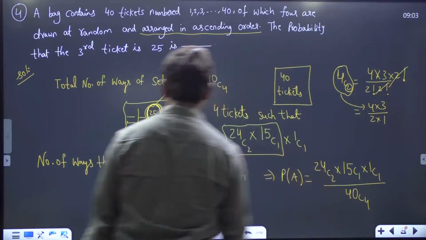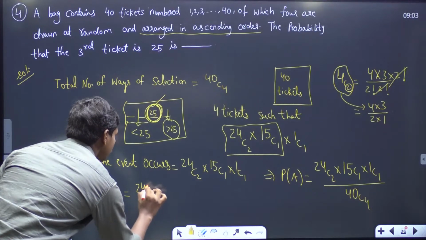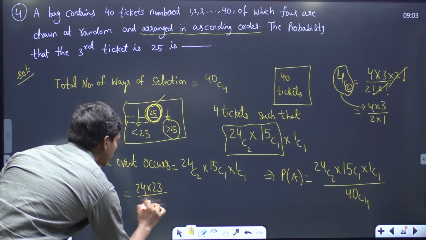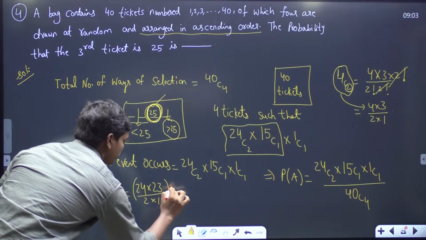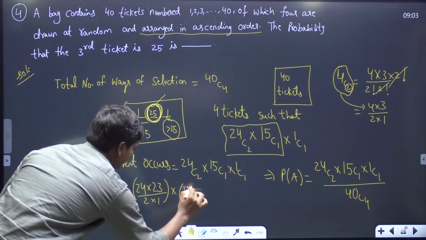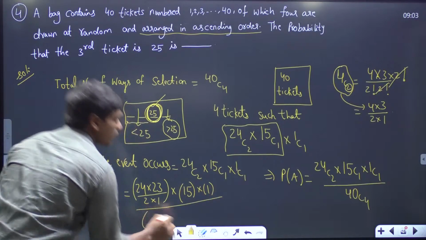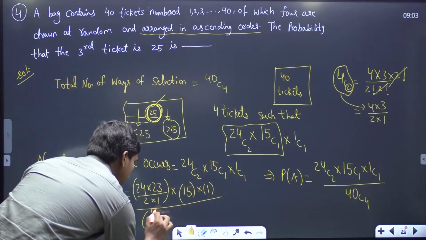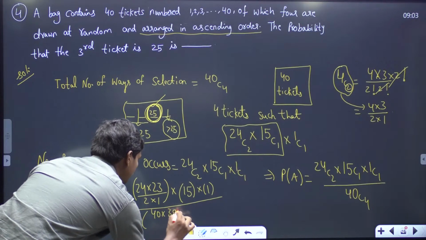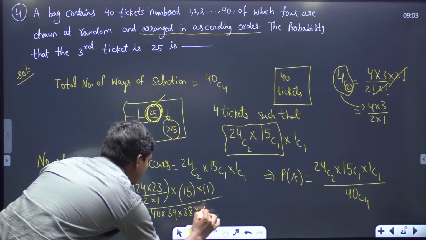So that's why 24C2 can be written as 24 into 23 divided by 2 into 1, into 15C1 is 15, into 1C1 is 1, divided by 40C4, which can be written as 40 into 39 into 38 into 37 divided by